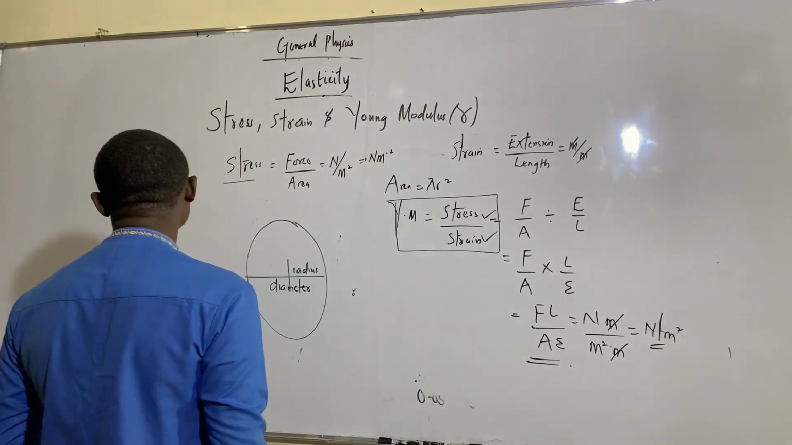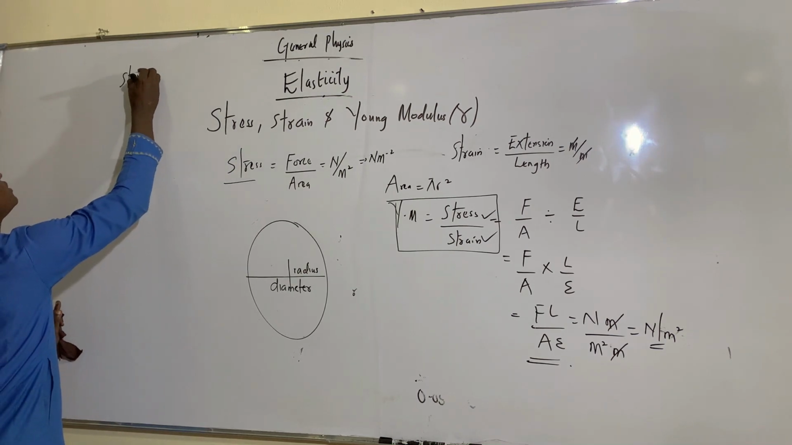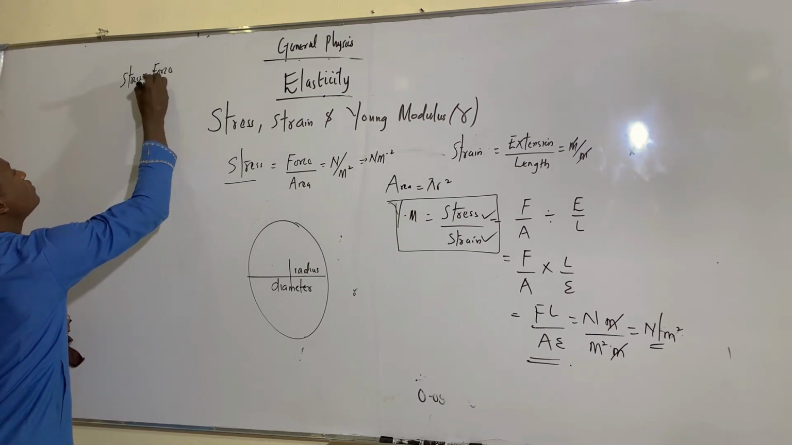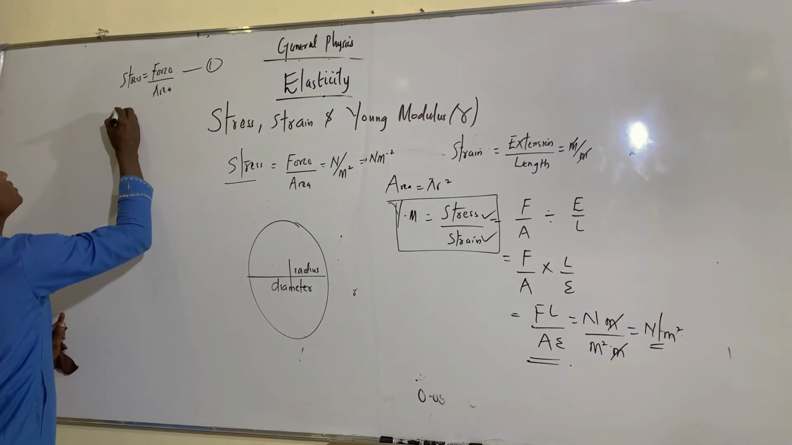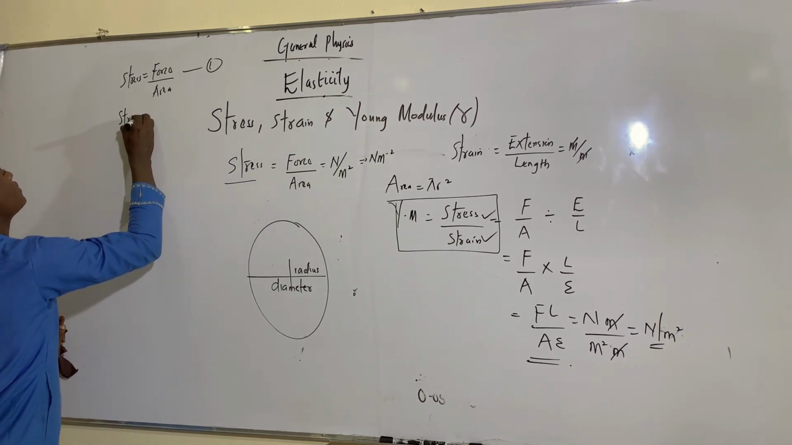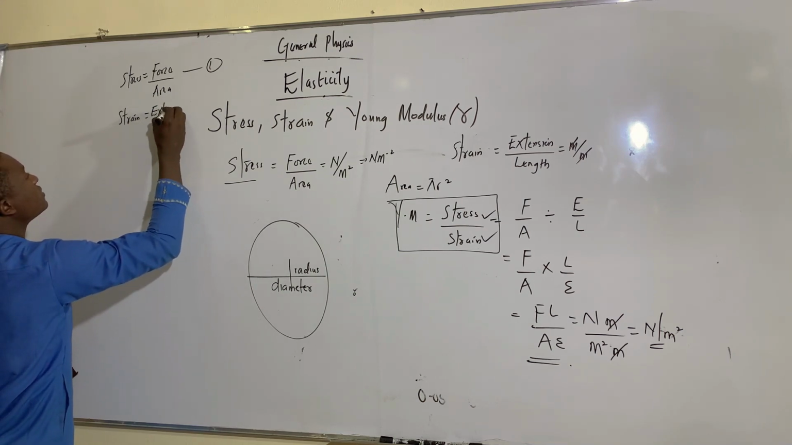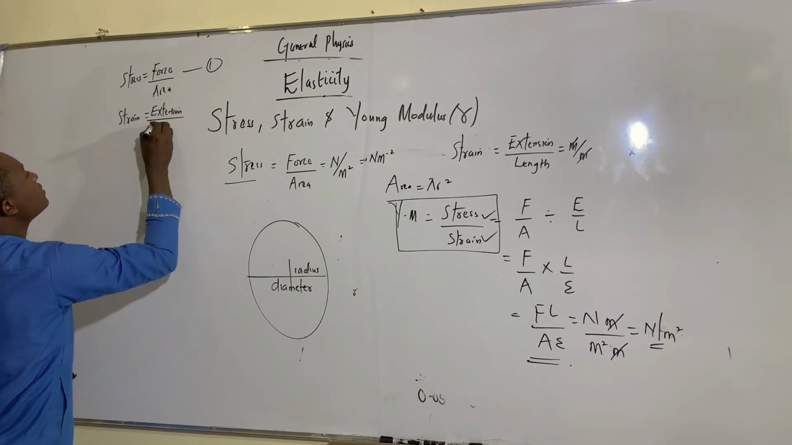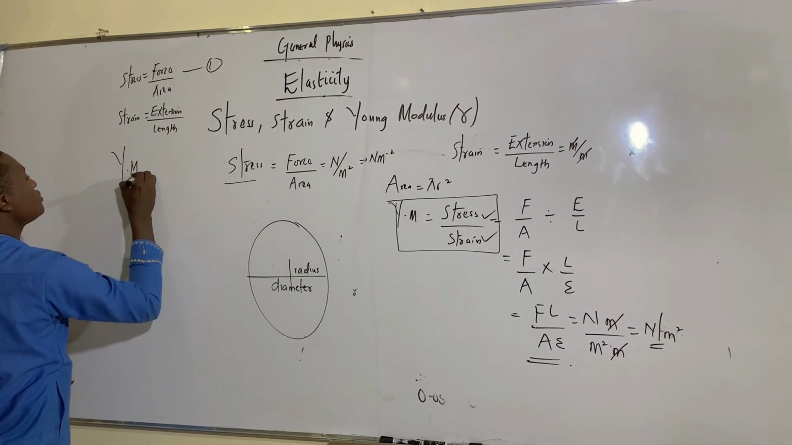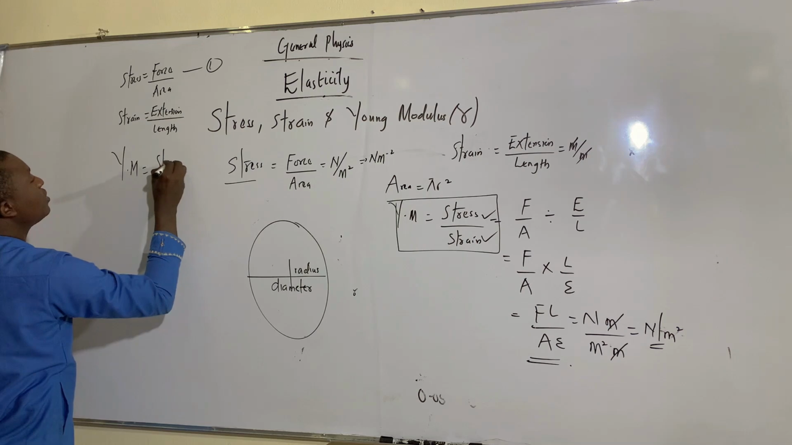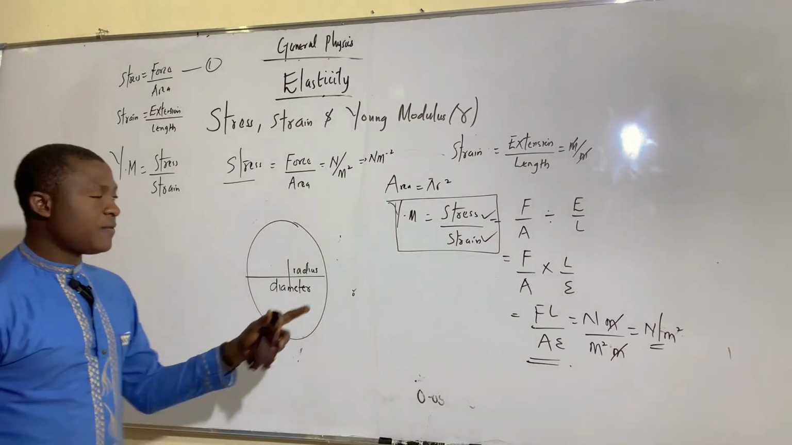So let's note down the three formulas now. Stress is equal to force over area. That's the first one. Then we use strain to be extension over length. And lastly, we use modulus to be stress all divided by strain. So those are the three formulas that we need here in order for us to find